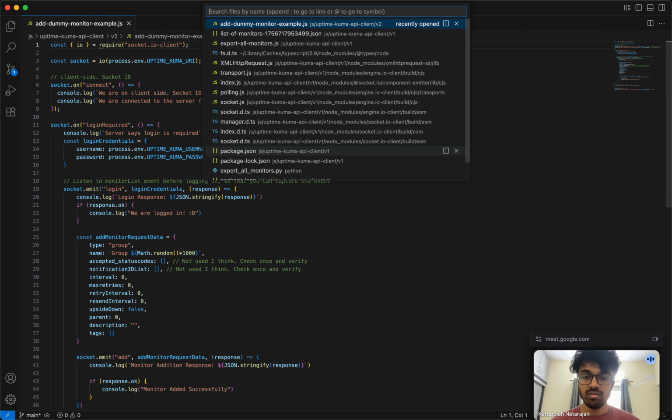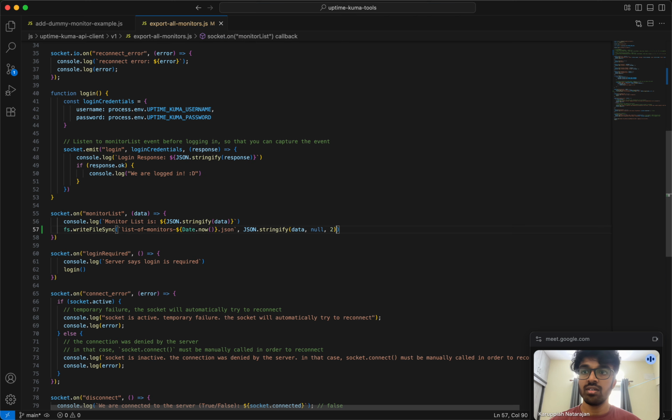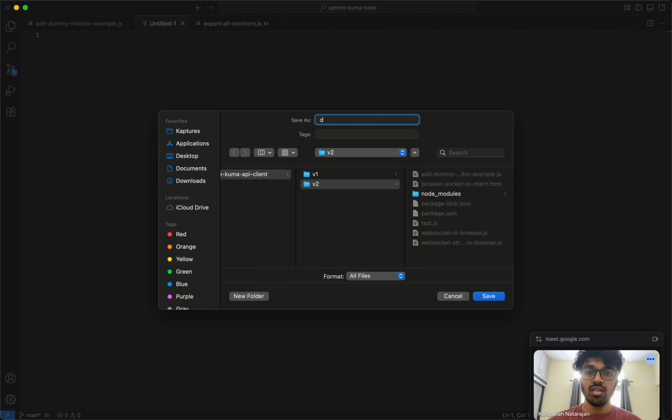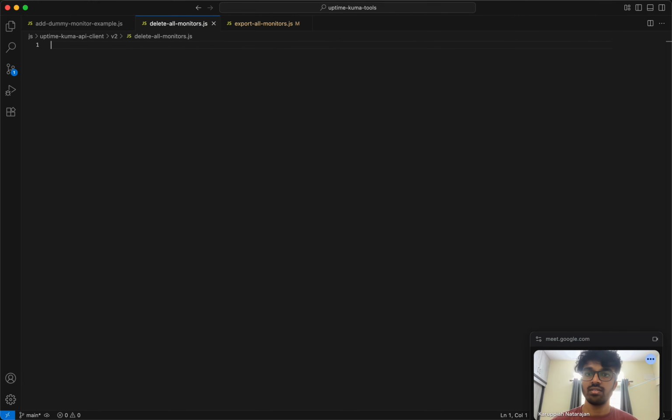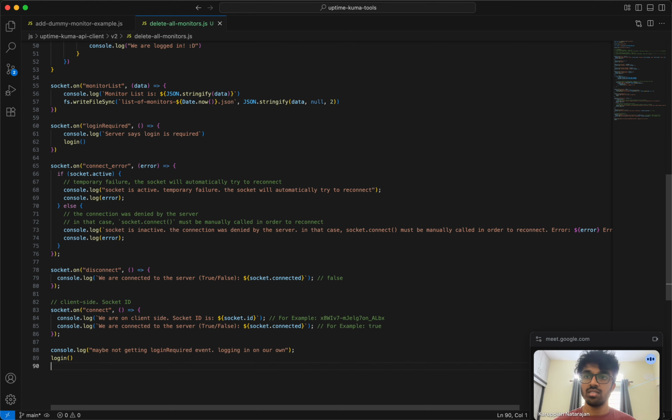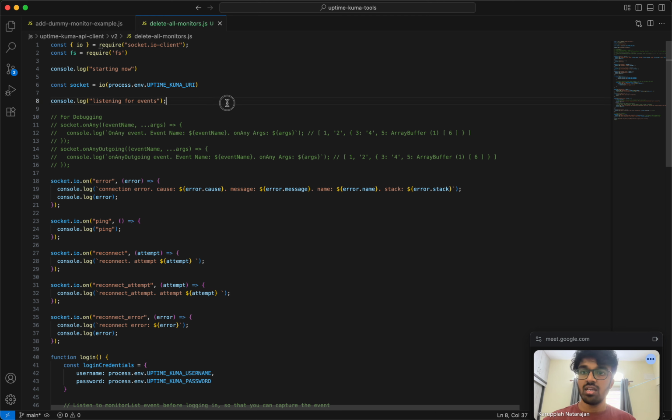Right here add dummy comes up. I want export over here, and I want to just say deleteAllMonitors.js, and just copy this and then put this in here and say